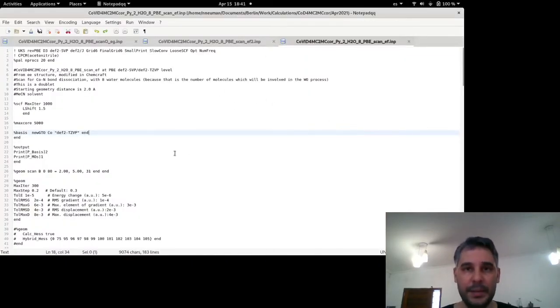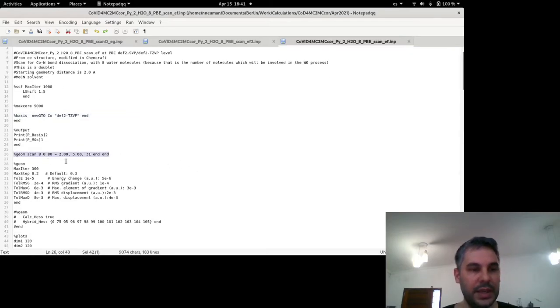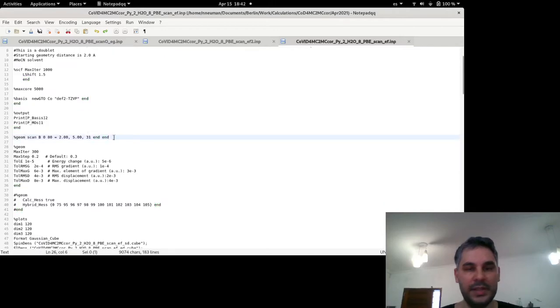So here it is, the input file. We can see here that I'm using the keywords geom scan. B is for bond length, 0 is the number of the cobalt atom, 80 is the number of the nitrogen atom from the pyridine that I'm scanning, and I'm going from 2 to 5 angstrom in 31 steps. You have to put two ends. One end is for scan and the other end is for geom. This is what I wanted to do, but then in the geom